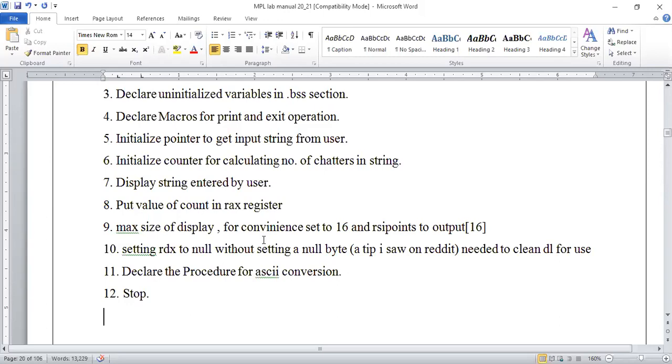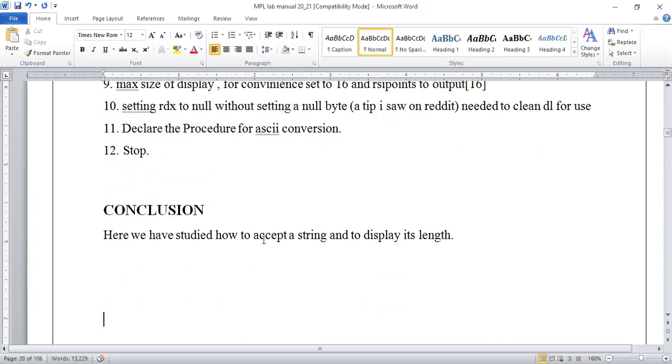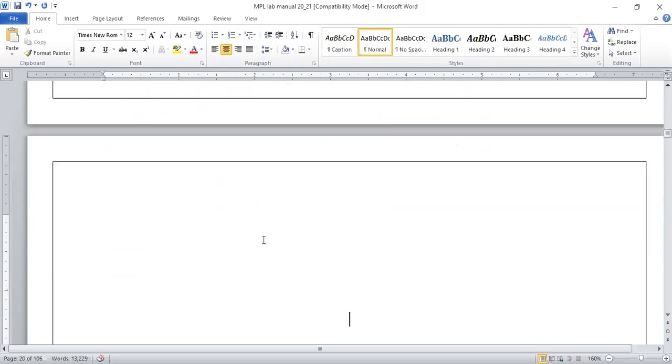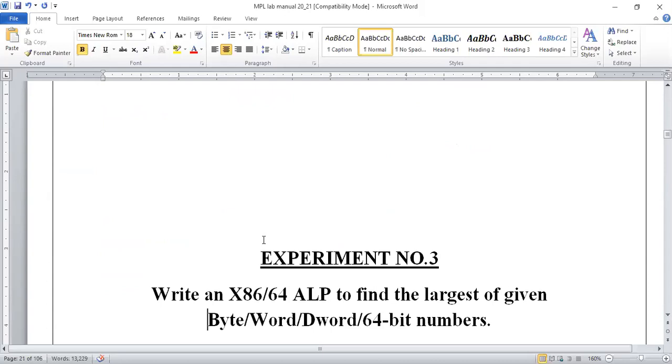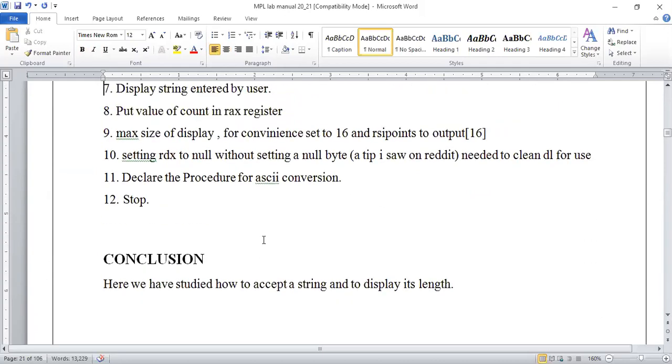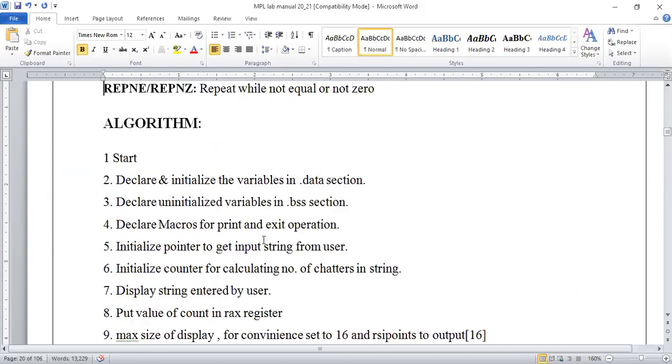That is the final conclusion. So experiment 3 is done, this was the second assignment's theoretical point. Now we'll move towards the actual implementation.